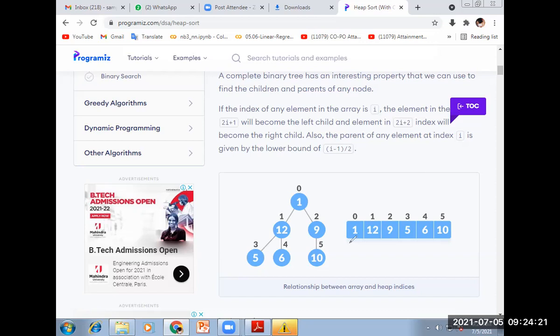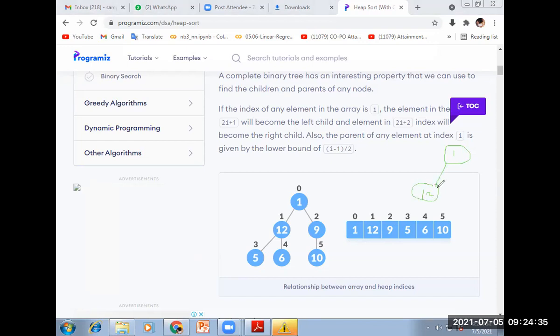Initially my first element is 1. Next, in a binary tree, insert at the left and right directions only, so insert left here. I am constructing a min heap. So the root is lesser than the child, condition true. Here also the element is lesser, condition true. Next I insert 5 here, then check whether it is a min heap or not. It is not a min heap because this element is greater than this, so we swap these two. So here 5 will come.